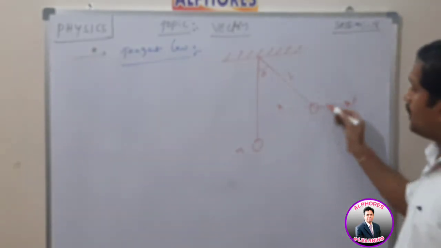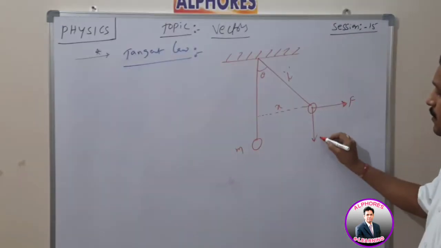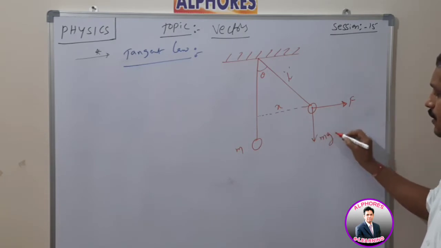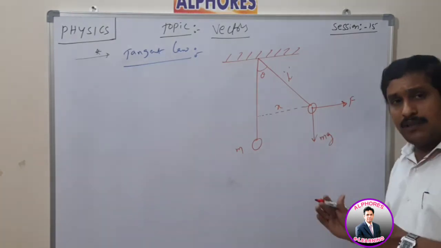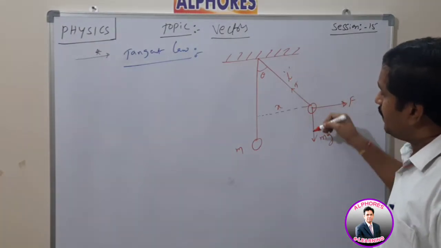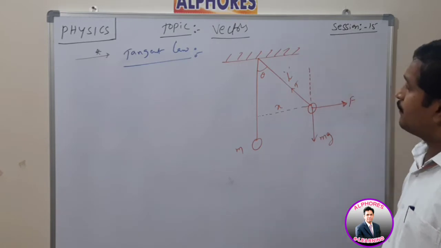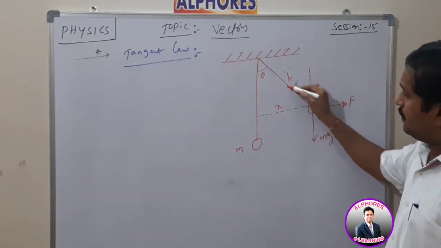Now in this case, what are the forces acting on the body? Yes, the weight acting on the body, vertically downward. And the force in the string is nothing but the tensional force. This is the tensional force acting on the body. Now listen carefully, as per the resolution of vectors, we know already. So this is the tensional force.